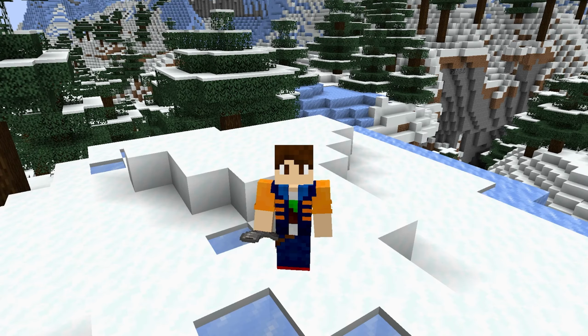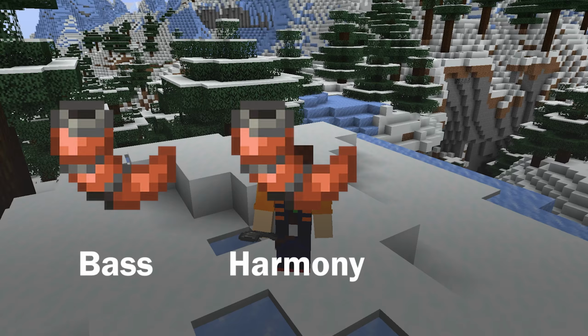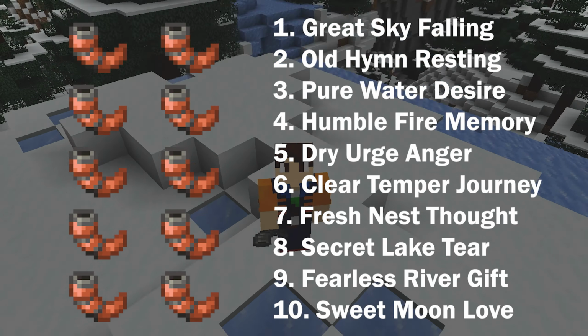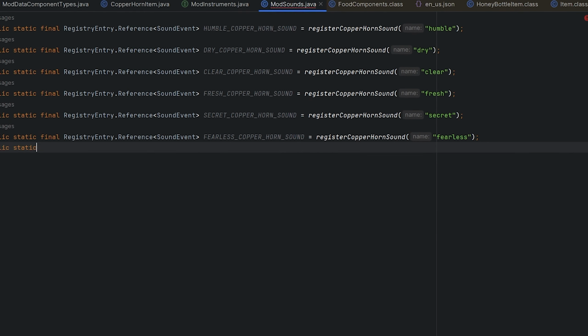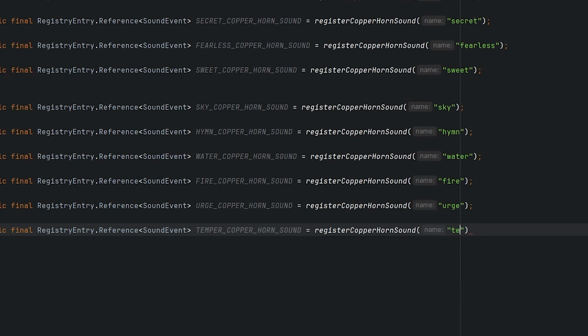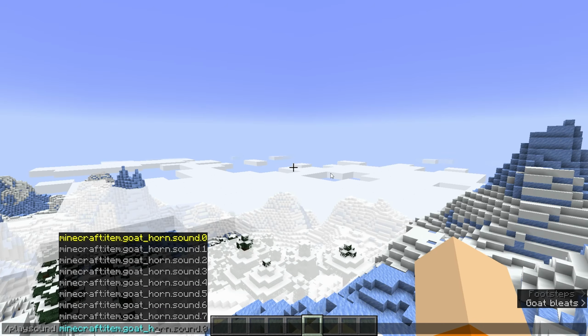Now if you remember, there are 3 different sounds for each copper horn. There's the bass sounds, the harmony sounds, and the melody sounds. And there's 10 different copper horns. So all we gotta do is to write 30 lines of code to register the 30 different copper horn sounds, right? Well, not necessarily. If you ever try to play the goat horn sounds through commands, you notice that the